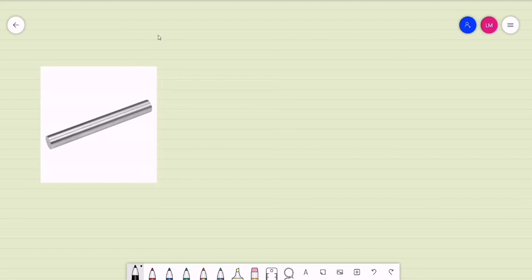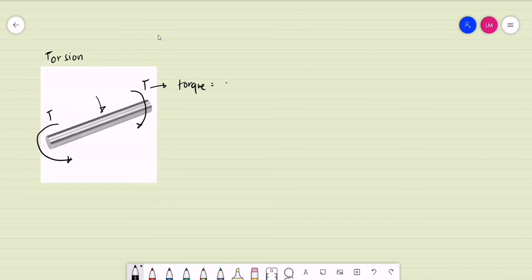Hi, good day. So today we are to discuss torsion. In mechanics, basically torsion is the twisting of objects. So for example, we have this solid shaft. We are to apply, let's say, a clockwise torque on one end, and for equilibrium, a counterclockwise torque on the other end. So if we say torque,